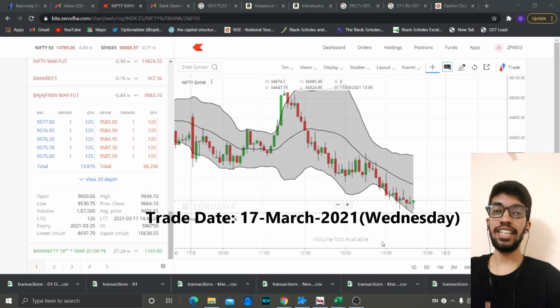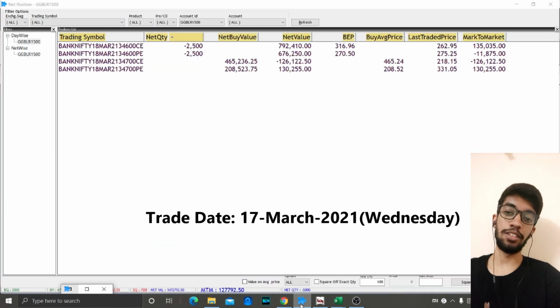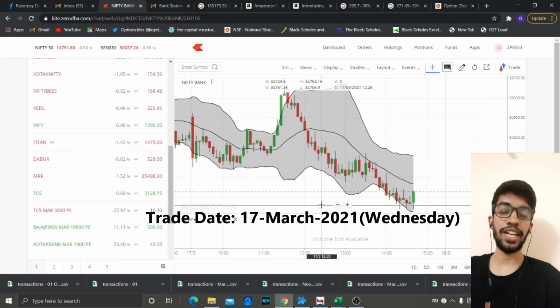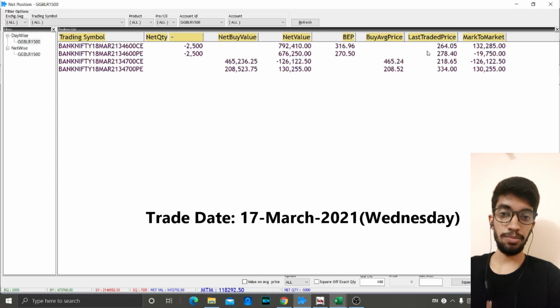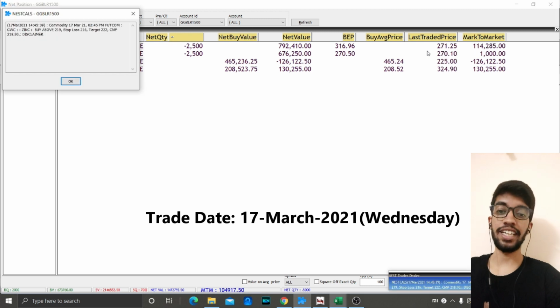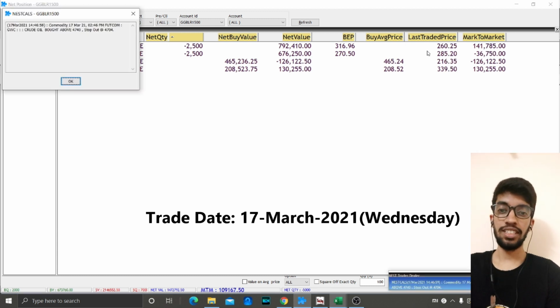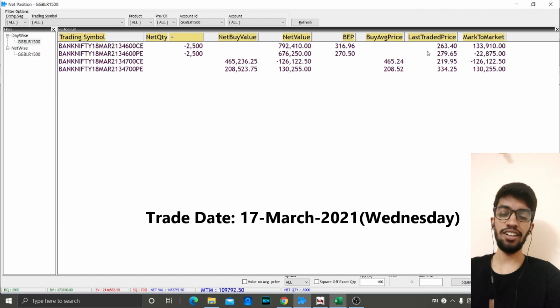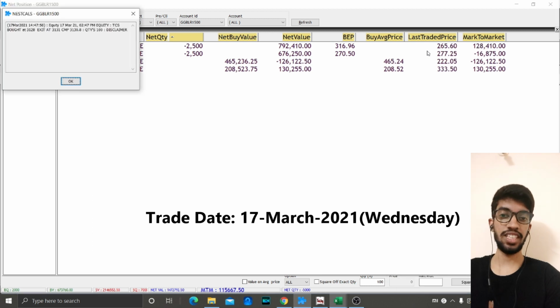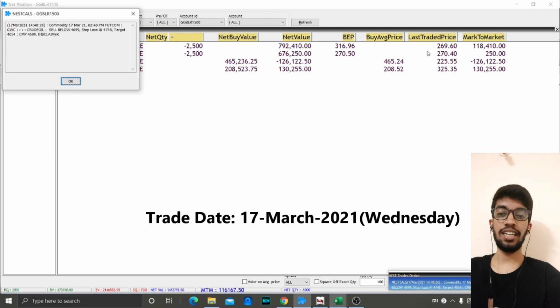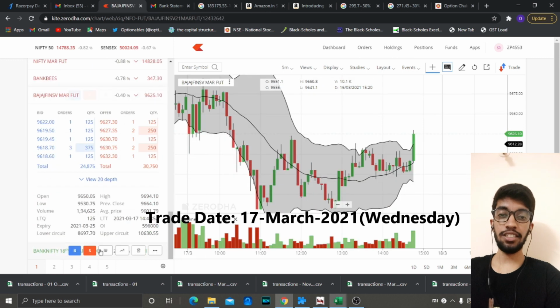So we had gone all the way down to almost close to 1 lakh, and then we had to bounce back from there. We did further discretionary trading, so we didn't see the market move anywhere quite significantly, because in the last hour it was consolidating with huge volatility. There was a lot of up move and a lot of down move. So we saw a lot of consolidation within a small range, and then we did manage to get back